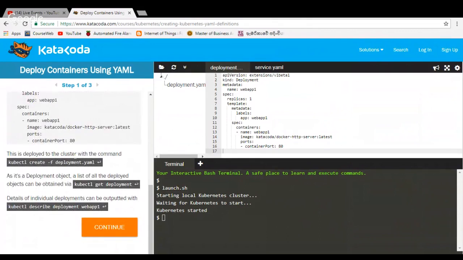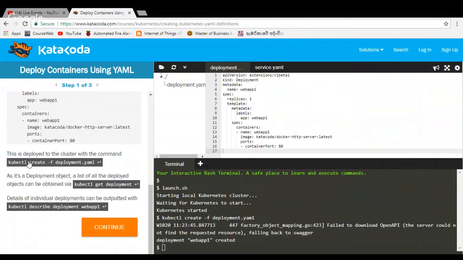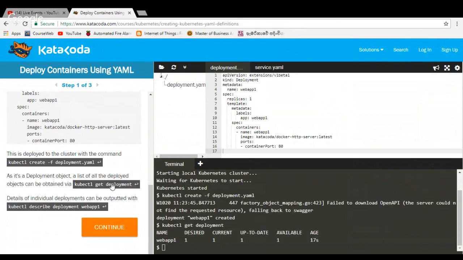This is deployed to the cluster with the command, as it is a deployment object. The list of all the deployed objects can be obtained via this command. Details of individual deployments can be outputted with